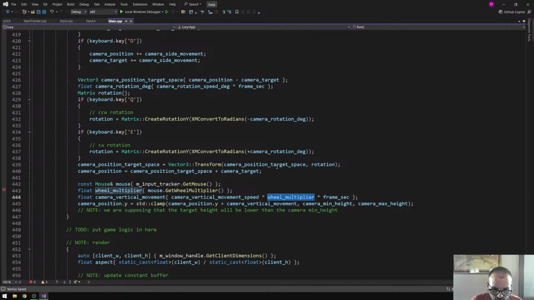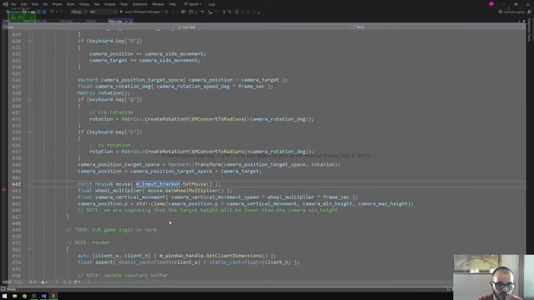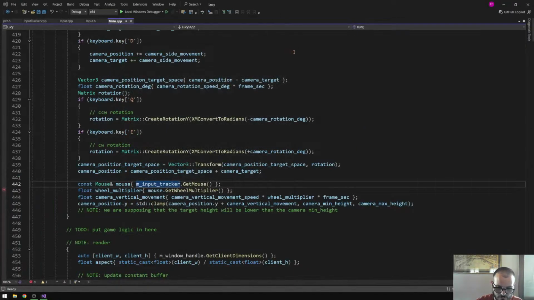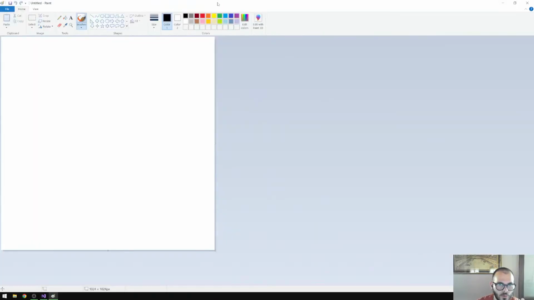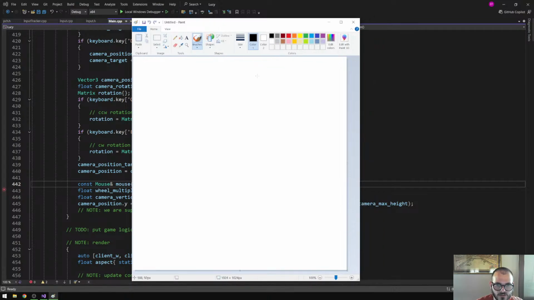So the problem is that there is a very sharp... So my hypothesis, these are all hypotheses, but my hypothesis is that the problem is one of